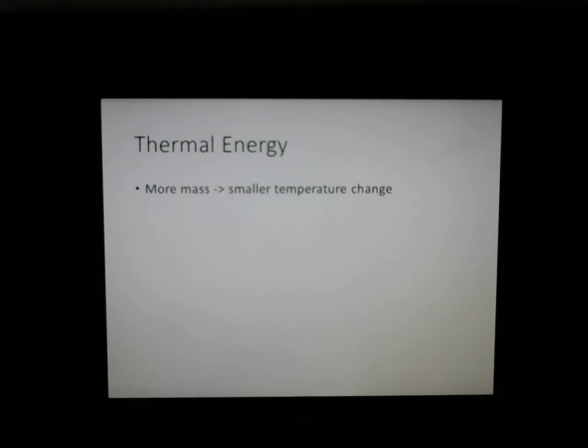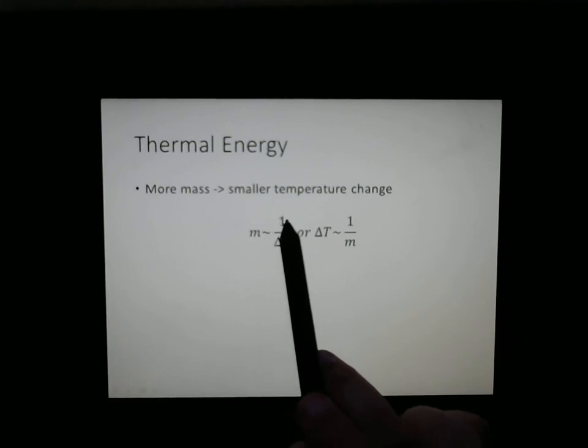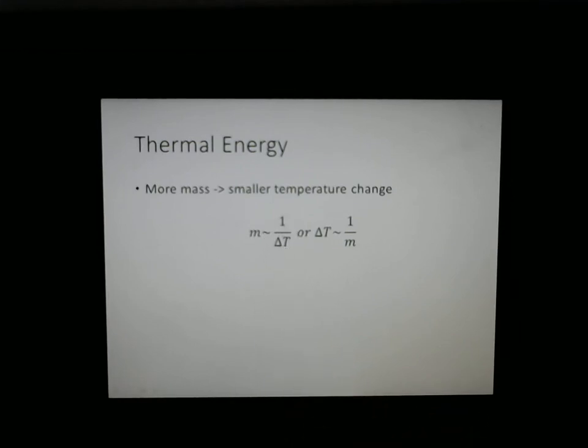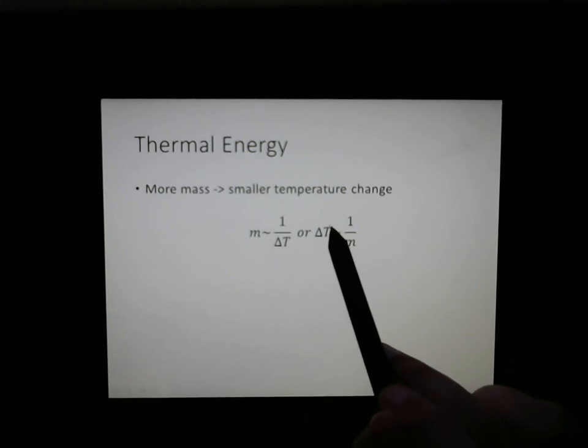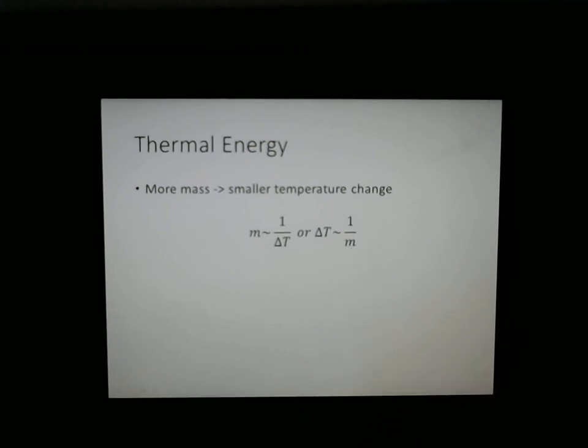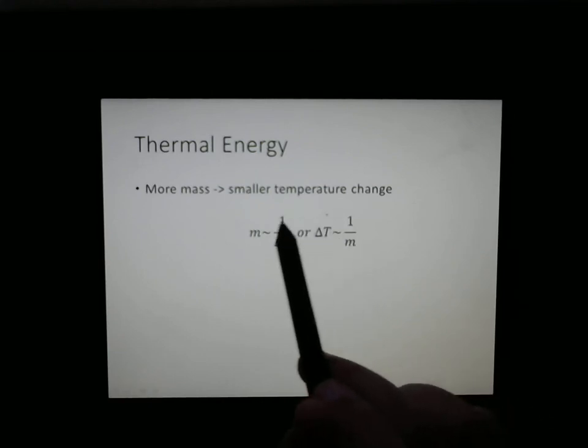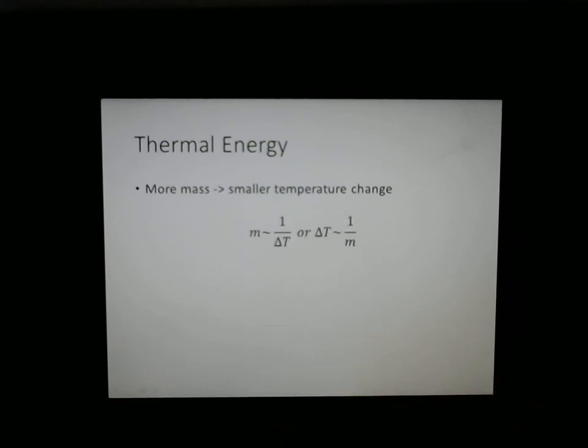So the first point is that the more mass, the smaller the temperature change. If I heat up two jugs of water for 5 minutes, one with 100 mL and one with 300 mL, the 300 mL is not going to be as hot as the 100 mL. We can write that as a formula: the change in temperature is proportional to the inverse of the mass. This is a really important thing to think about when you're doing your student experiment, in how you communicate